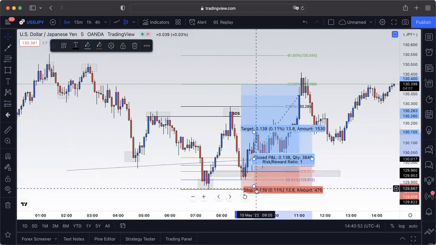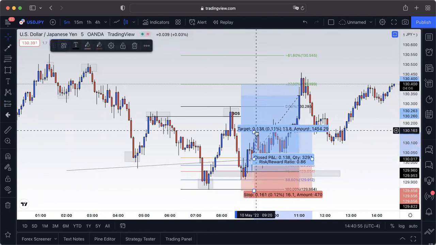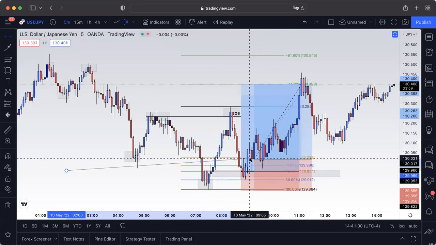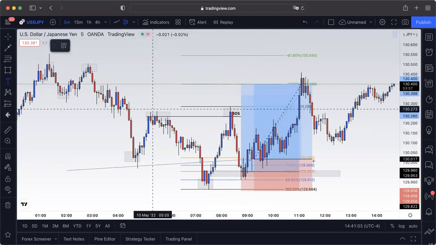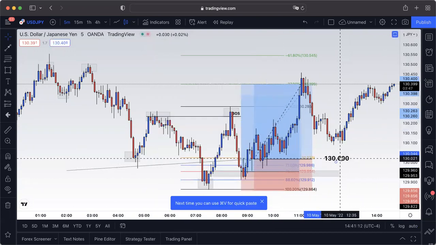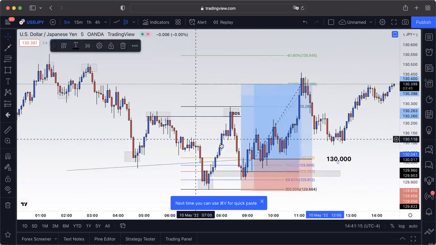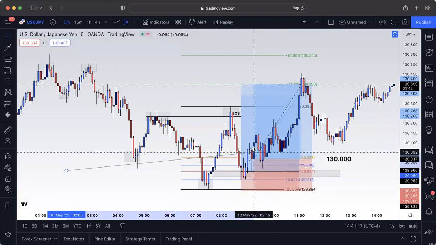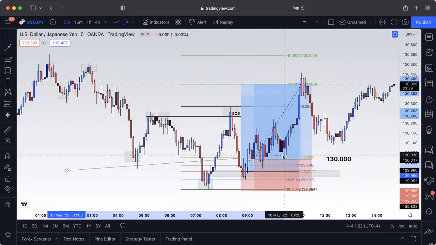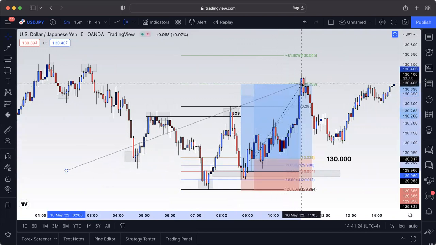Now, why I felt confident to do this, same stop loss, same take profit, is because this closed at an institutional level, which is our 130 level, okay, 130 level. I love taking positions off institutional levels. This is when banks, institutions like to get in. We tested in again, higher high, higher low, and then boom, we smacked our take profit at about 11 a.m. Okay,